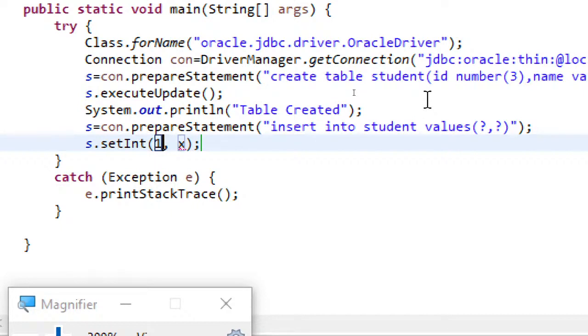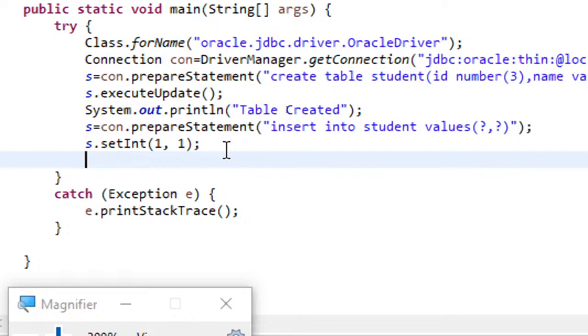Here I am creating a table with 2 columns. The first column is id, which is of integer type. The second column is name, which is of string type. So that's the reason I am using the method setInt with the table index, column 1, and the value as an integer.